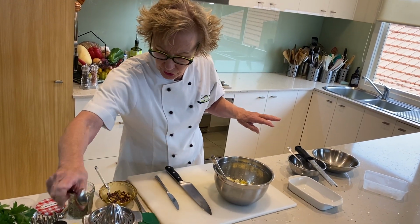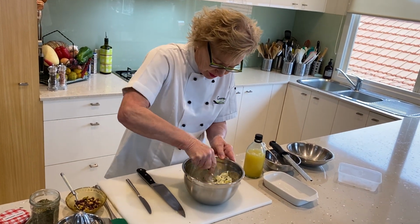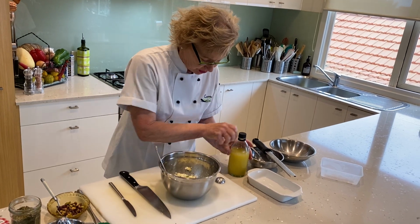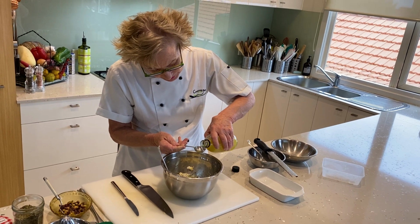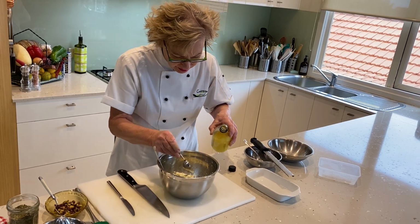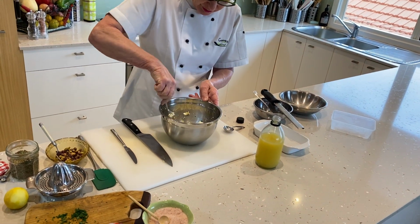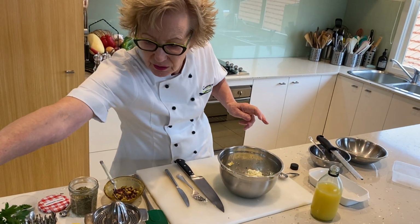And then a little bit, now we don't want to put too much lemon juice in because otherwise it will be too wet. It's about a tablespoon, the juice of half a lemon. But of course that lemon could be big or small, couldn't it? This actually isn't especially a wet mixture today, so the egg might have been a smidgen smaller, or it was a 70 gram egg, I mean. So let's just put the tablespoon in. More. And I'm going to taste it because you do need, even though we put a bit of salt in with the garlic, you need to taste it to make sure that it's got enough salt, because the salt does make it